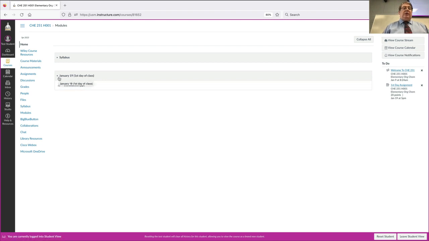I also have a syllabus link up here that you can go in and read your syllabus. You'll see Wiley course resources. If you click on there, you have access to your textbook. So the textbook is electronic. It is available to you today as part of the first day program that we have here at the university. However, if you like a paper copy, they do make and sell paper copies of the book. So you can purchase that, but I believe that is at an additional cost.